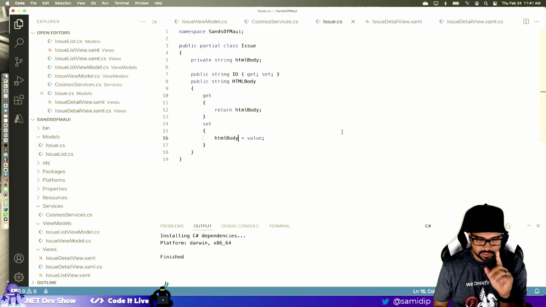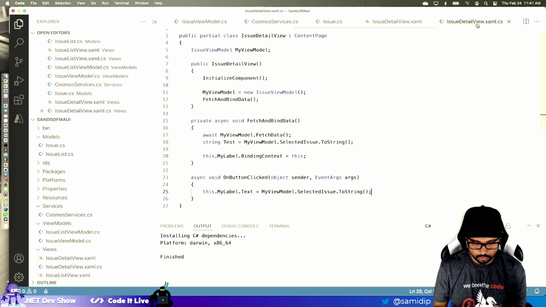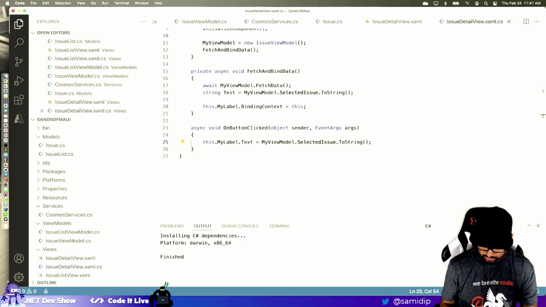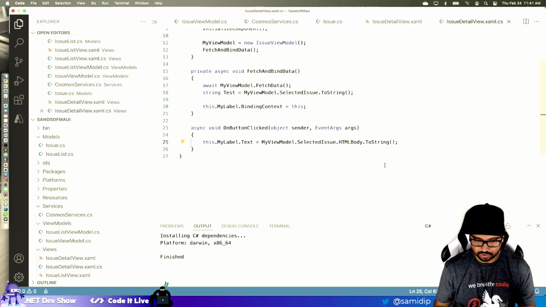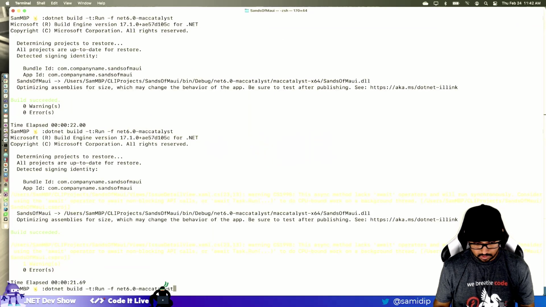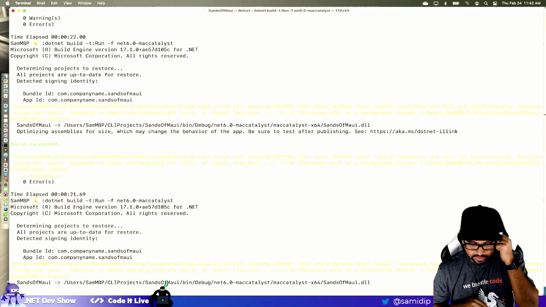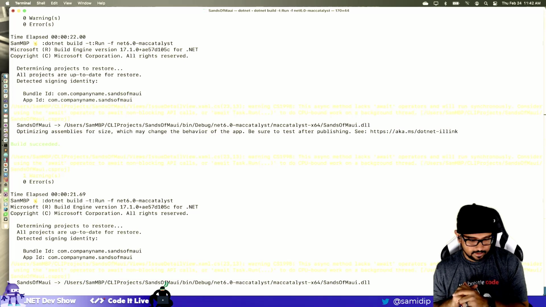So I am setting the HTML body explicitly, and then let's do one more thing here. Instead of, oh, maybe this was the problem. On the selected issue, let's be very explicit that HTML body is what I want, which is already a string, so I shouldn't have to do that anymore. How about that? Will this work? I think. Let's try. Yes, I get the error about async. Wait, I will get to it. All right.